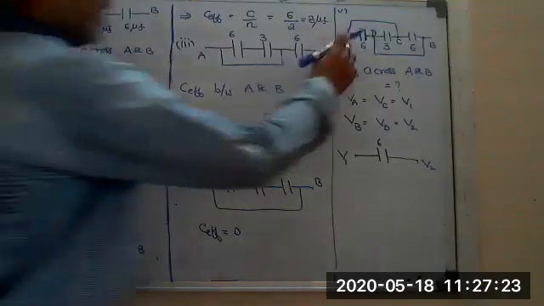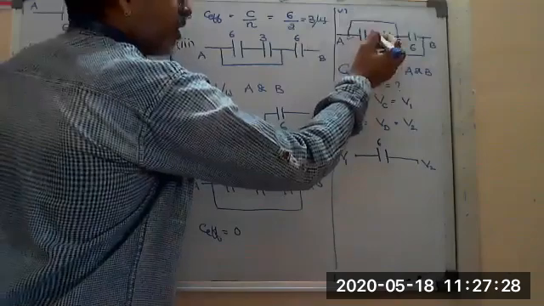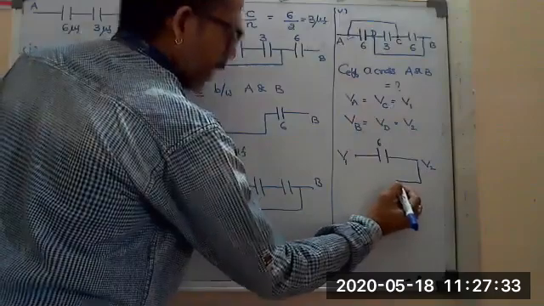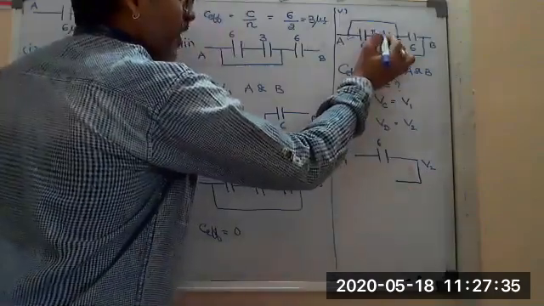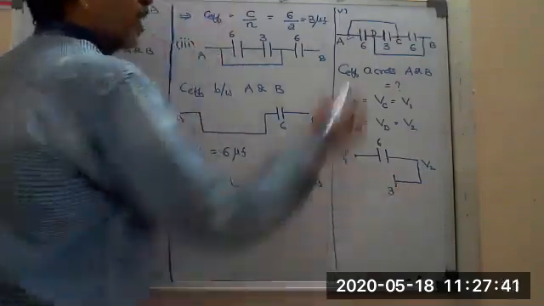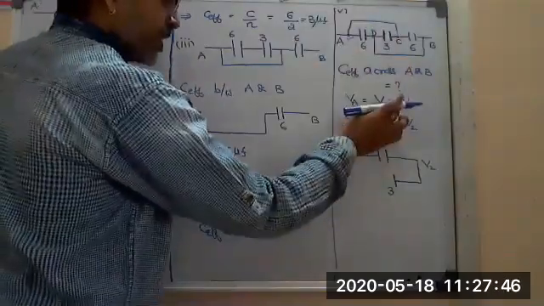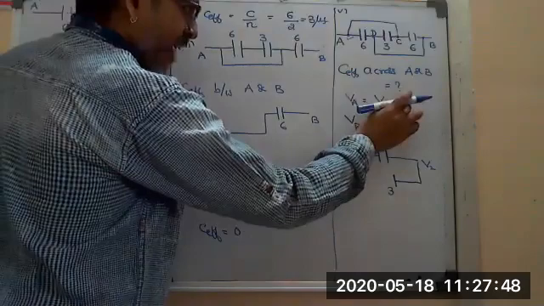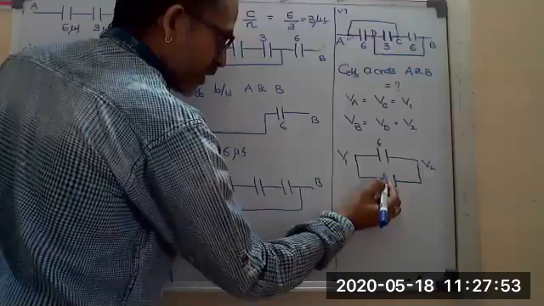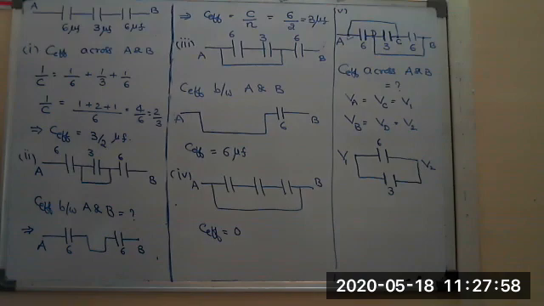Come to the second capacitor, which is in between D and C. D is nothing but V2, Nana. So the second capacitor's first plate is connected to V2. This is the 3 microfarad, Nana. And the second plate is connected to C. C is at V1, so the second plate is connected to V1. So it is the 3 microfarad capacitor.